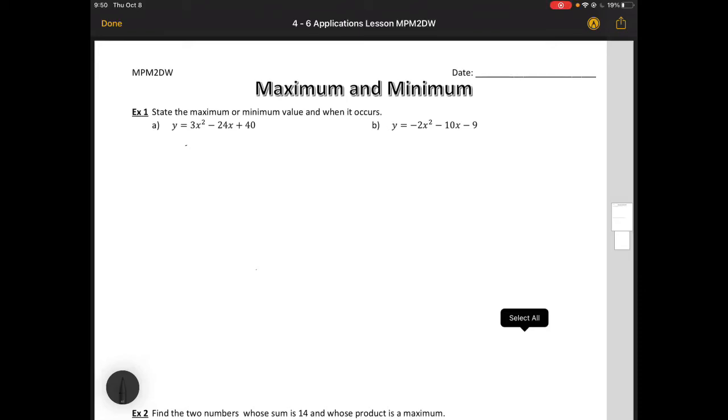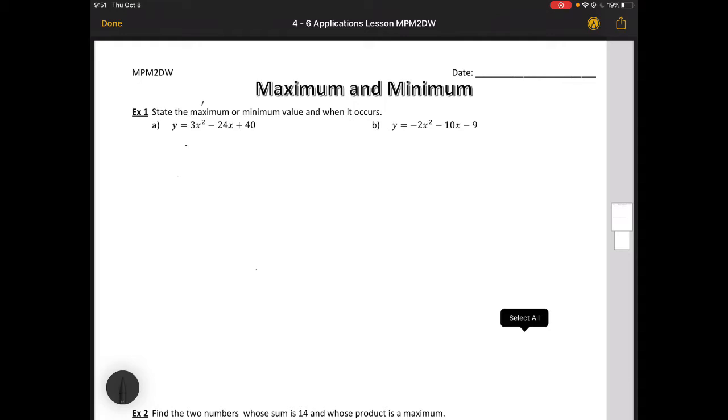This video goes over how to find the maximum and minimum of a parabola. Max and min is an important application in any type of projectile motion, rocket ships, missiles, catapults, and also in finance. Finding your maximum profit value is obviously an optimal choice. So let's look at these two parabolas, and we're going to find the maximum or minimum value and when it